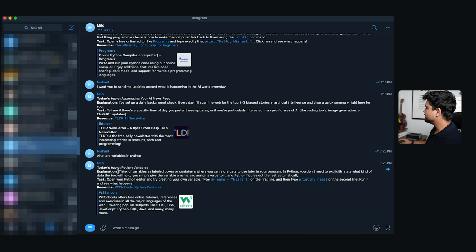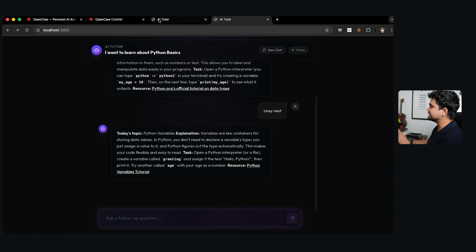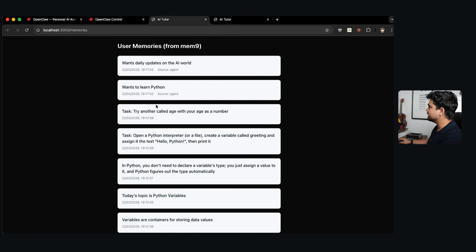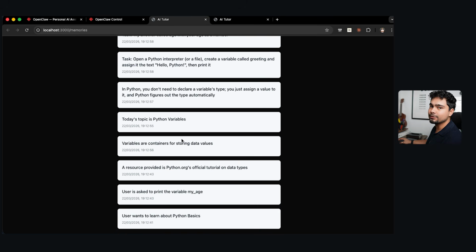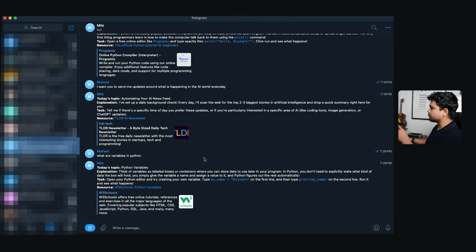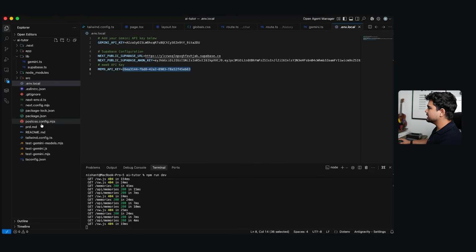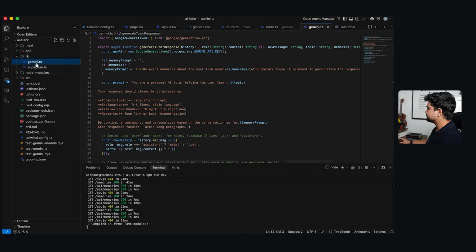Python variables: think of variables as labeled boxes or containers where you can store data to use later in your program. In Python, you don't need to explicitly state what kind of data the box holds, right? And if you see, we also created a page of memories where it keeps updating whenever we ask it any question. If we want better outputs from Milo, what you can do is go to our